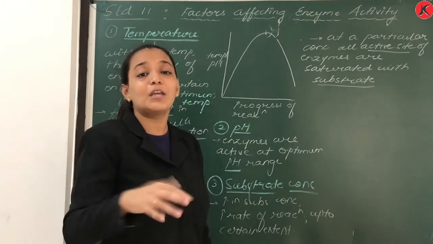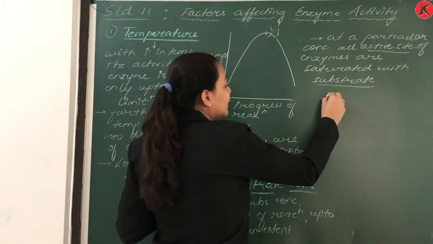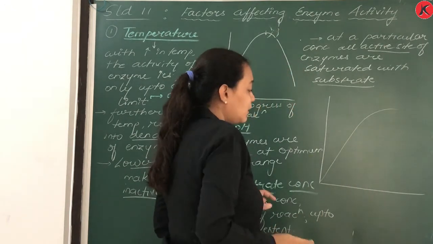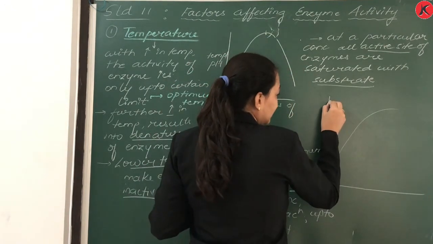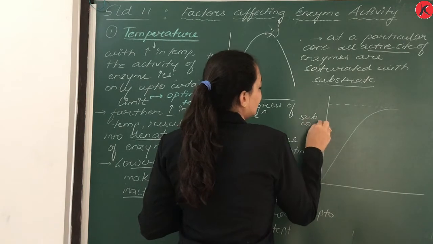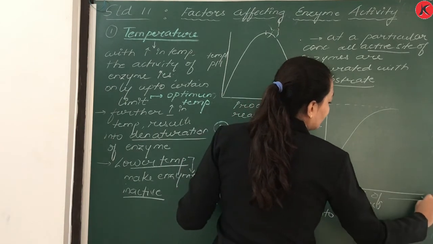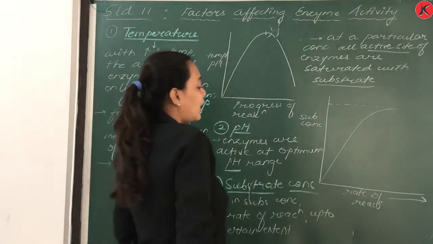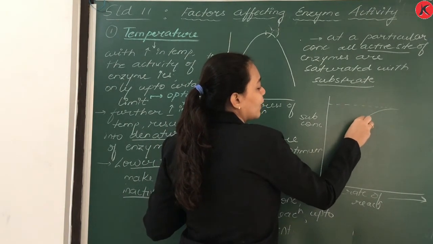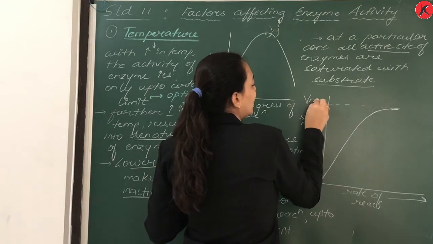substrate. So even if you keep on increasing the substrate concentration, it is not going to increase the rate of the reaction, and this is represented as, right? See what would have happened: at a particular concentration, let us take this as substrate concentration and this as progress of reaction or rate of reaction, which is going to progress in this direction, okay? So here, as we increased the amount of substrate, the rate of reaction kept increasing, but a limit has come, and this limit